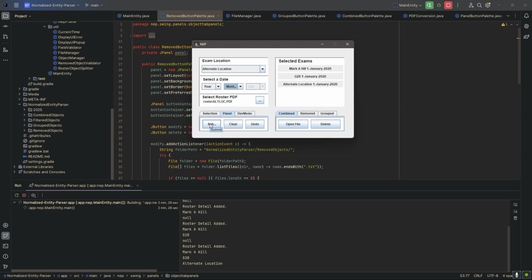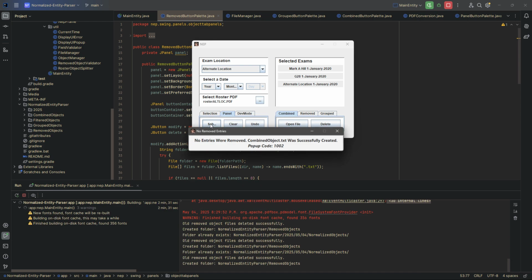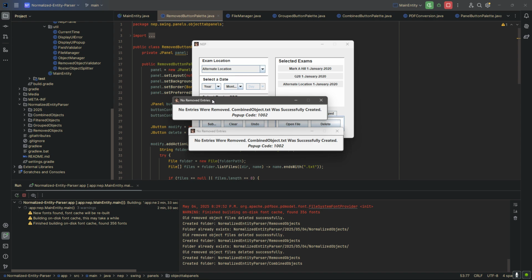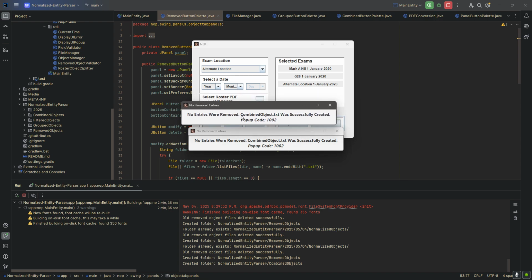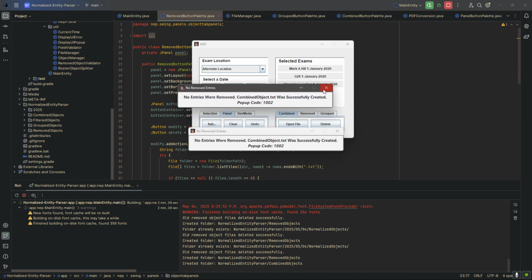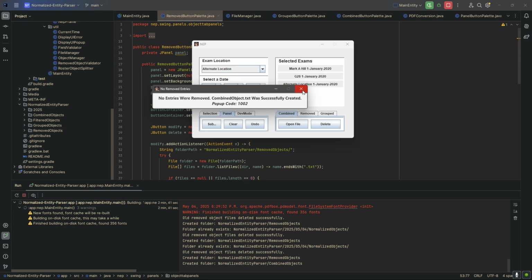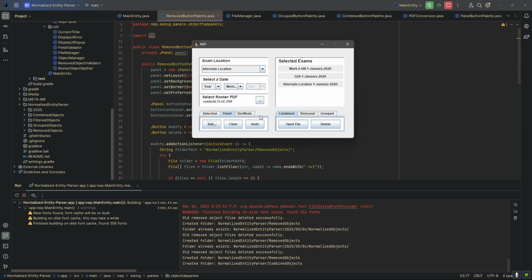After we're done adding every single location over here, we can come here. There's a submit button. We can click on that. What that does is it creates the combined object.txt file. We're going to go over that in a little bit. After we're done making that,